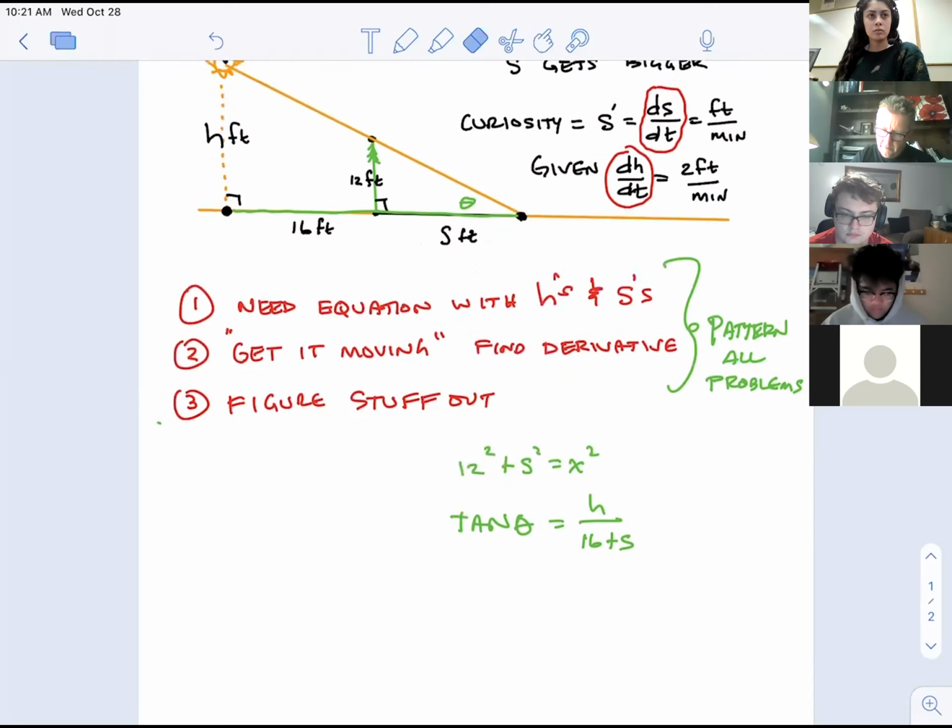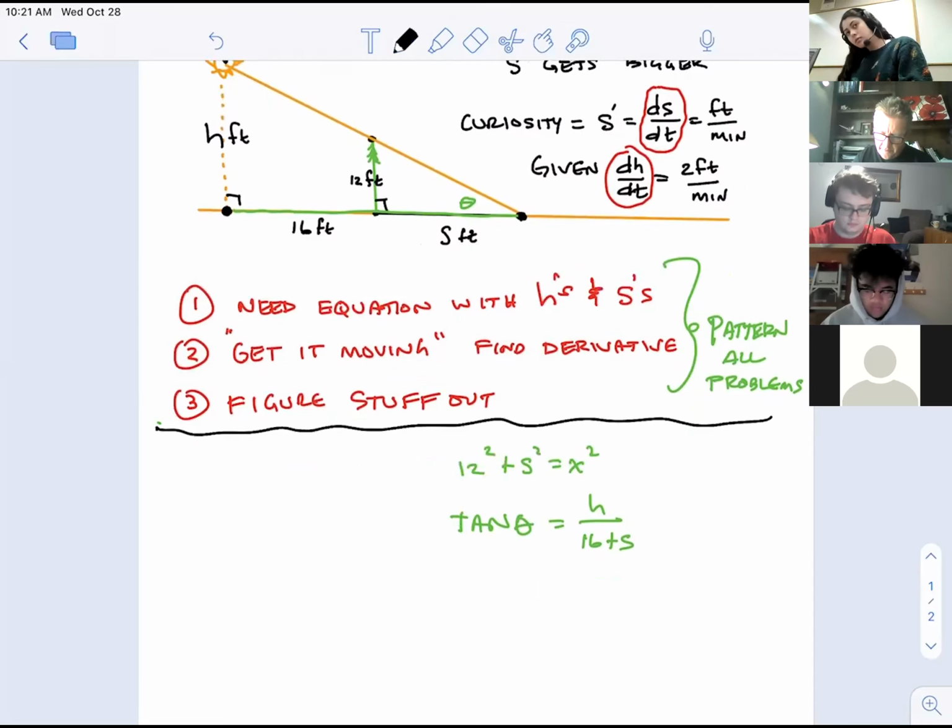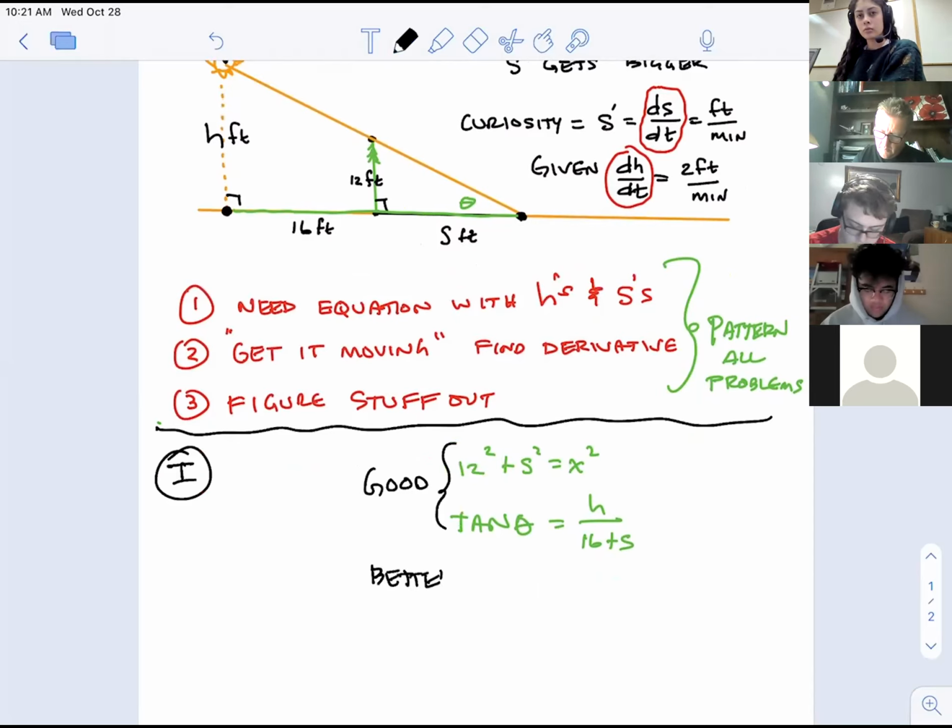So rather than erase those, I'm going to say, for now that we're sort of, let's try step 1 here. These are good, but this is better. What's better? Well, in this case, right triangles, these two triangles are proportionate to each other. Proportions is actually an easier equation in this case.